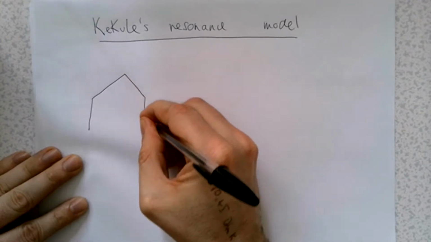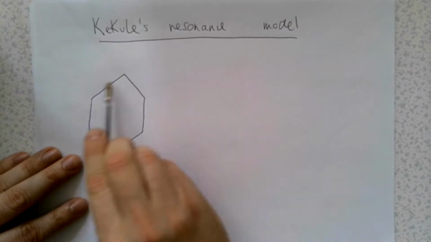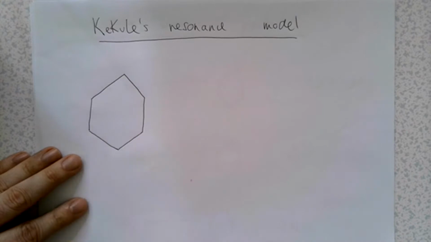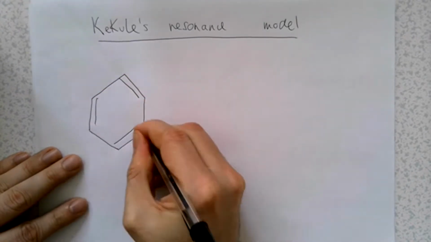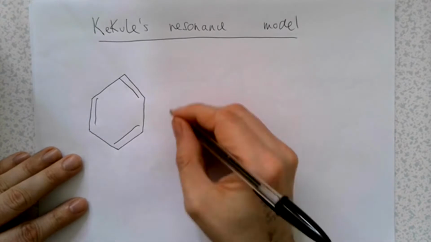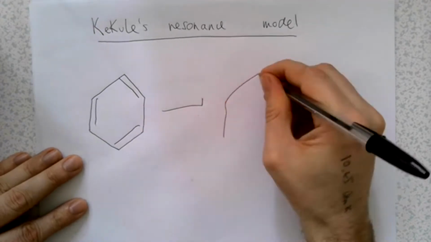Now, in Kekule's model, benzene wasn't standing up and sitting down. What was happening is the double bonds were changing location. So the story goes, I never know whether to believe these or not, he had a dream about a snake eating its own tail. And so he thought, well, maybe benzene is a cyclic molecule with 3 double bonds, so it would be a triene. And then the double bonds can kind of spin around the ring,